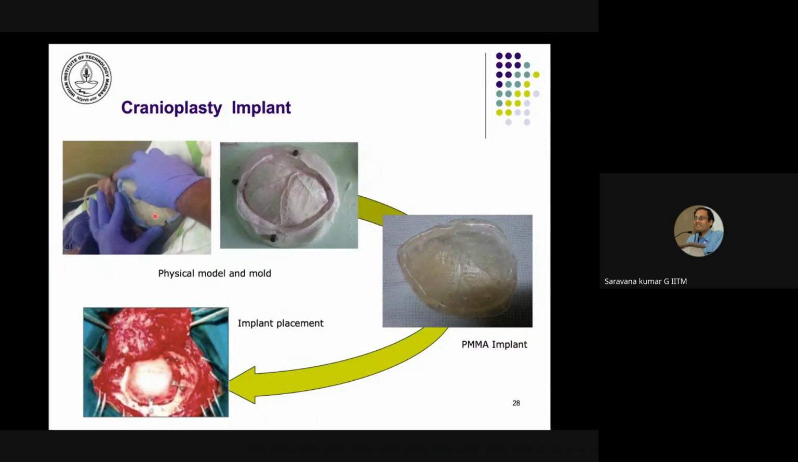So this picture just shows how traditionally people do it using POP. They develop a model from the patient. You can see here, this is a patient's head. Actually, on the patient's head itself, like a mold maker, he makes the negative of that, and using that negative, we again make a positive. So this is a PMMA implant cast, and then you can put some holes so as to put the mini plates to anchor it. So this is how the traditional